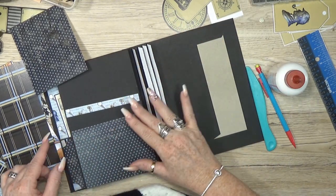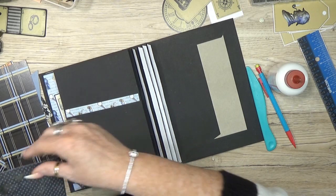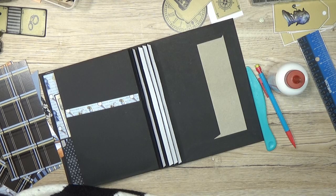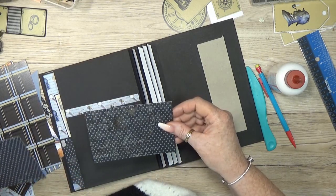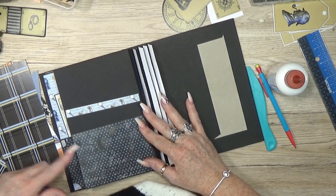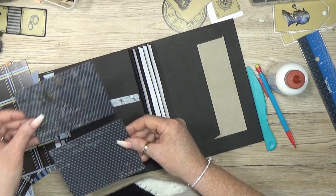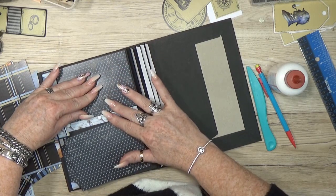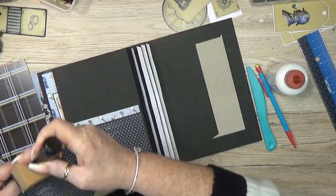So that means that I need to cut these two at least something shorter. Okay, testing it out. This piece right here. I need to check how the pages are going. Alright, checking it out. One piece here, one piece here, and then this. Yep, that fits perfect. Cool. Alright, so